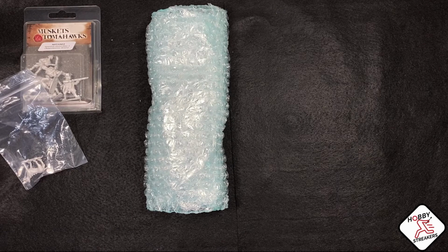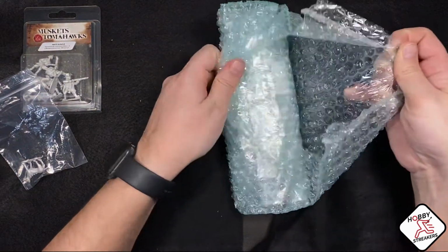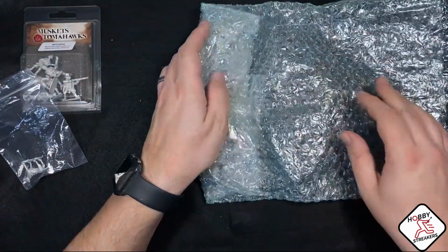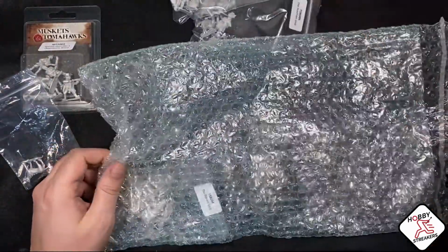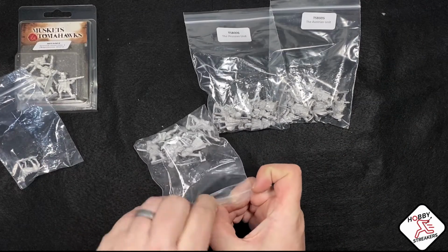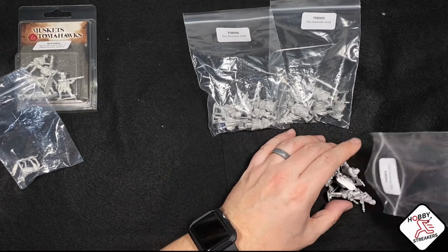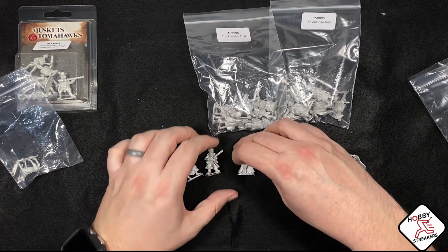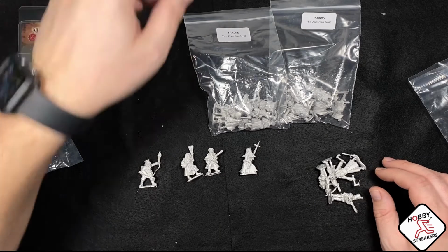Always pretty well packed. 1, 2, 3, and here we go. Alright, so let's look at the Russian unit first, and I will try to post a picture of them painted on the website. So we have, okay, so